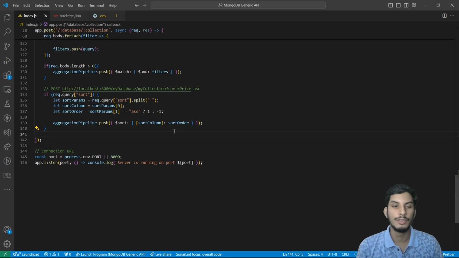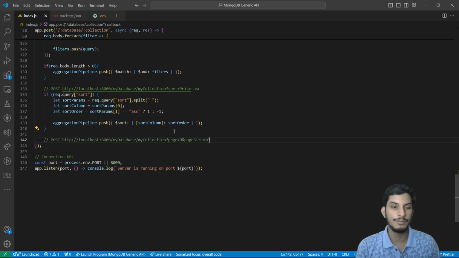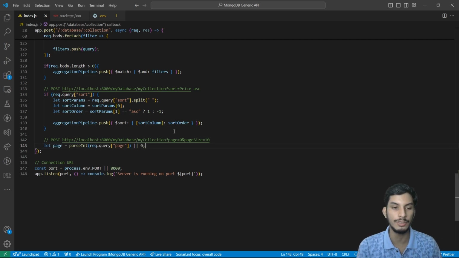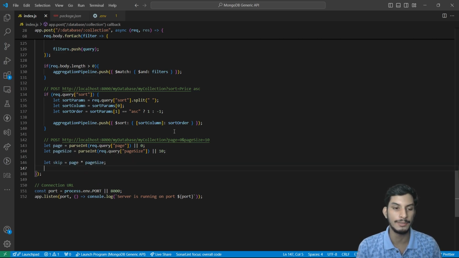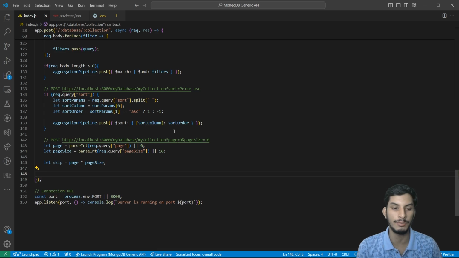Okay, so now for pagination we will consider two parameters. One is page and the other is page size. Here the page is going to start from 0, just like any array index starts with 0. So we'll take that, and again these are in query parameters, so that means they will be in a string format. We have to parse it into an integer, and we can calculate how many documents to skip,